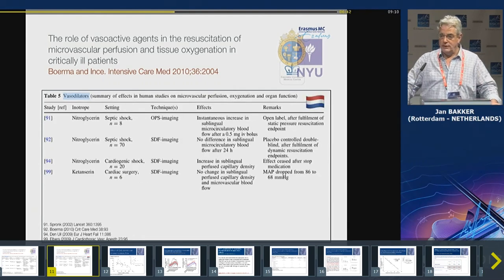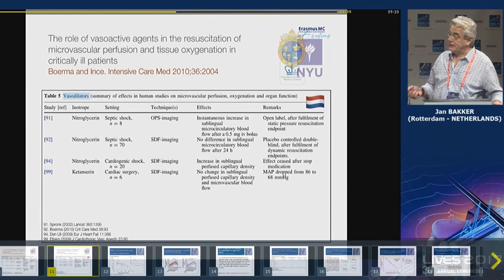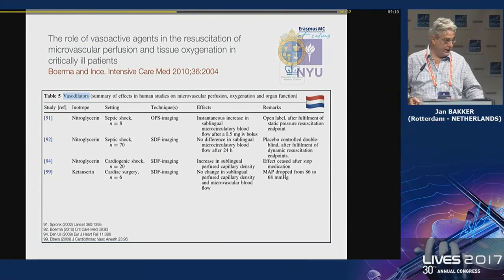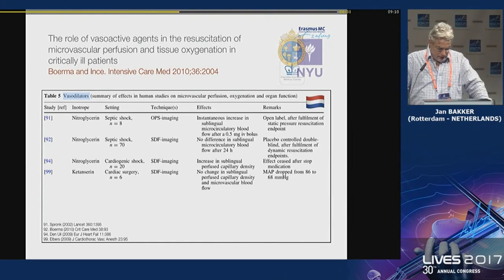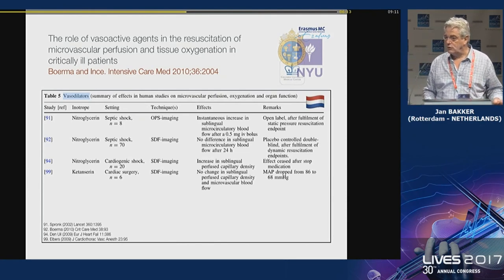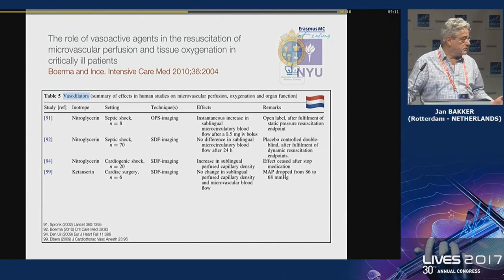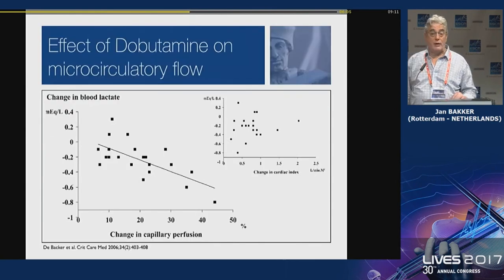And then finally, and this is a Dutch thing, as all the studies in 2010 in the review were Dutch studies, nitroglycerin and nitroprusside, and in most of the cases there was an improvement in the microcirculation, increase in sublingual microcirculation, or no real change, or an instantaneous increase, or no difference. So basically in half of the studies there was a positive effect, but no negative effects, although some of these decrease your blood pressure. So that's 2010.